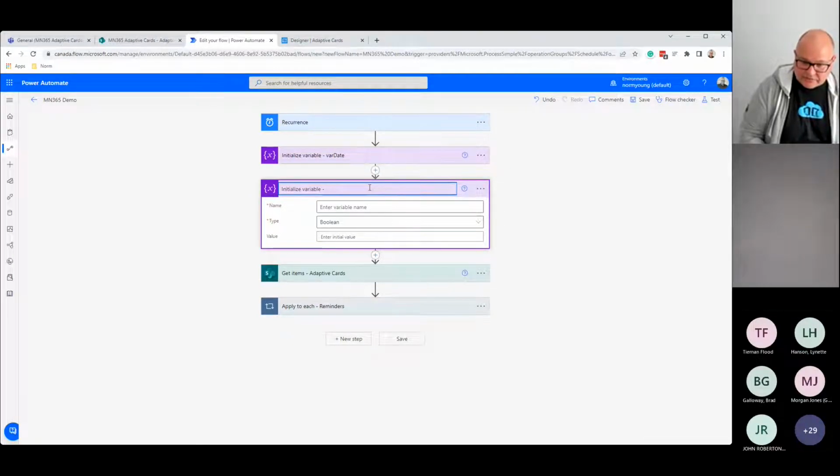yes, Tony, you can transfer ownership of the flow. You just create something called co-owners